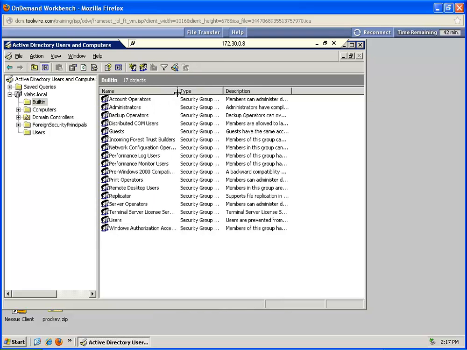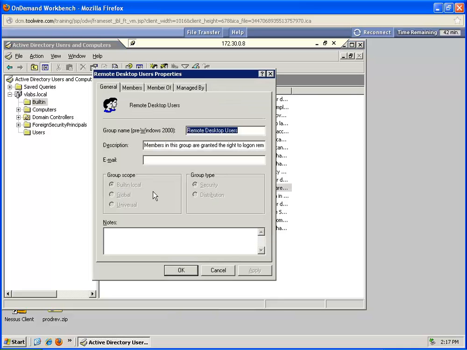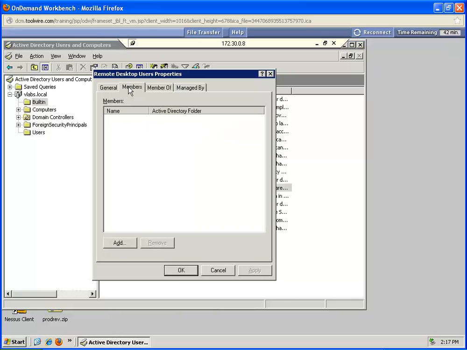We open this window up a little bit. If we double click remote desktop users, we will be able to add our accounts under the members tab. So we click the add button,